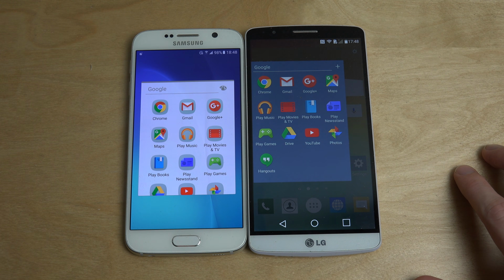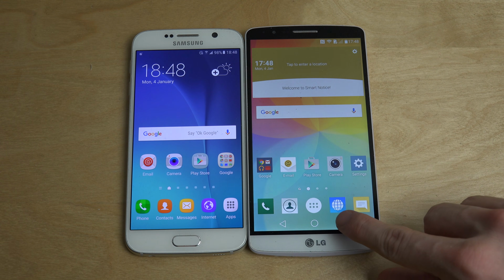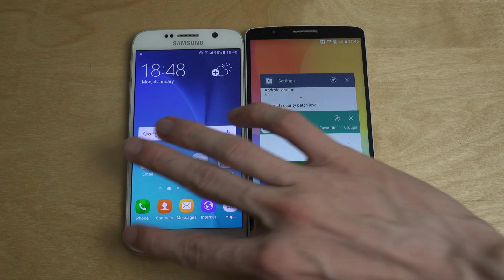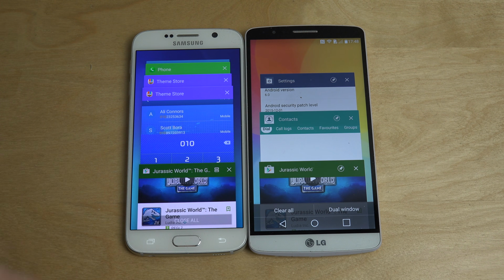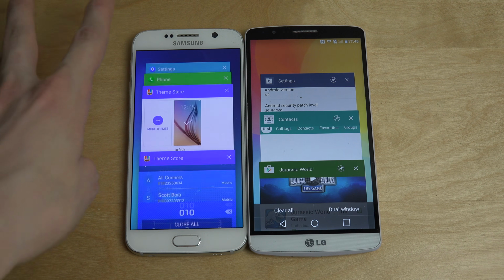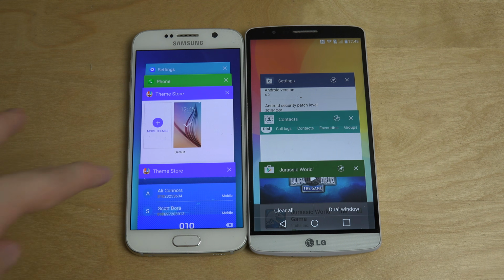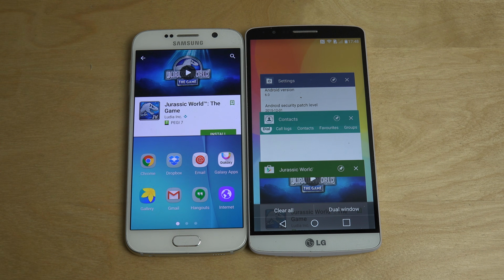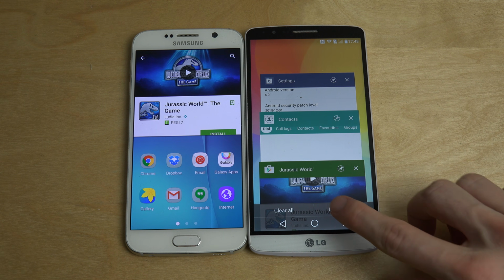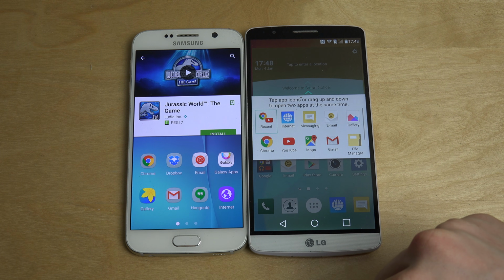And yeah, so quickly looking there, checking out some things. Oh, I didn't check out the multitasking. So the multitasking has a little bit more how it pops on the S6, it just pops up, and it can be a little bit nice. Both have this dual window mode, so you can have two windows up and running. Select two apps, so